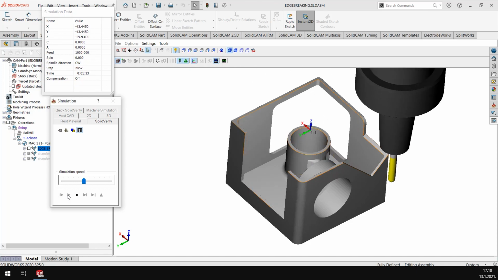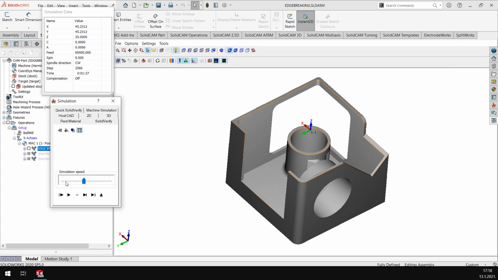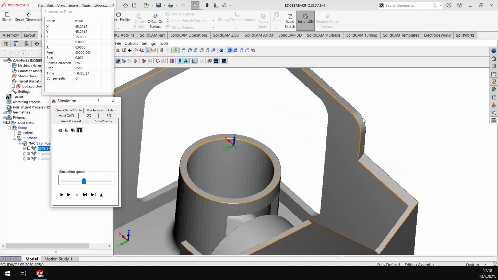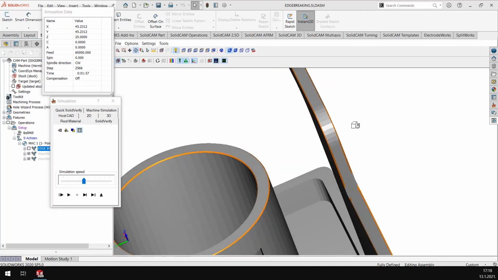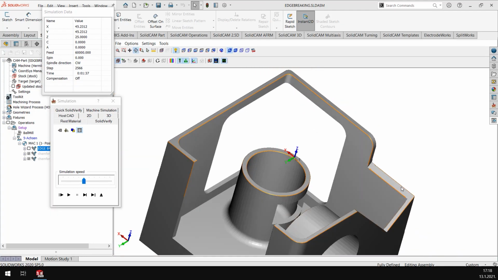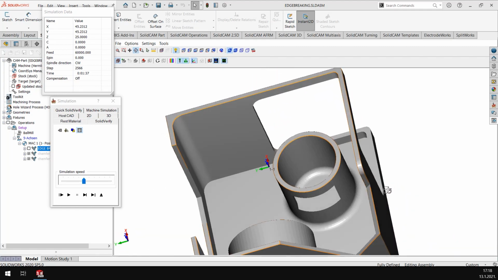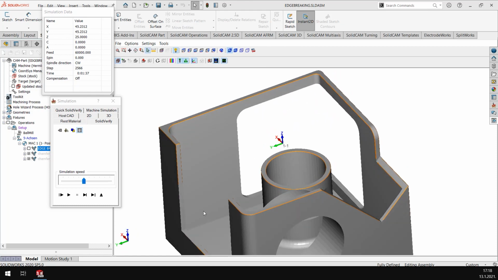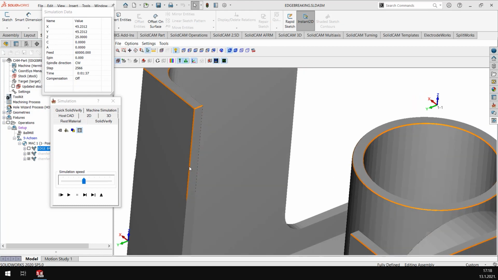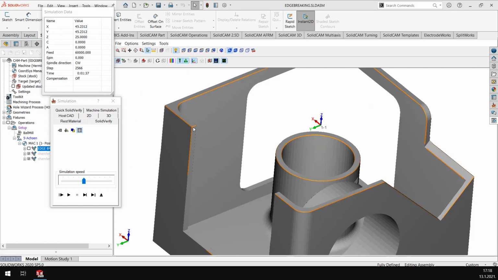The holder is coming into play, and wherever the holder is about to collide, the toolpath is stopped. So this is how the edge breaking looks like. You can see that all the edges possible with this current tool and holder setup are deburred. You can see that it's not completely done because otherwise it would have meant that the holder collision would have happened here. So only the length and area that is possible by the current holder and the tool is being